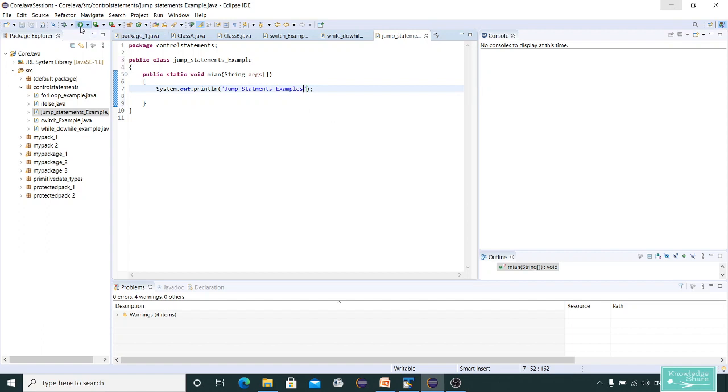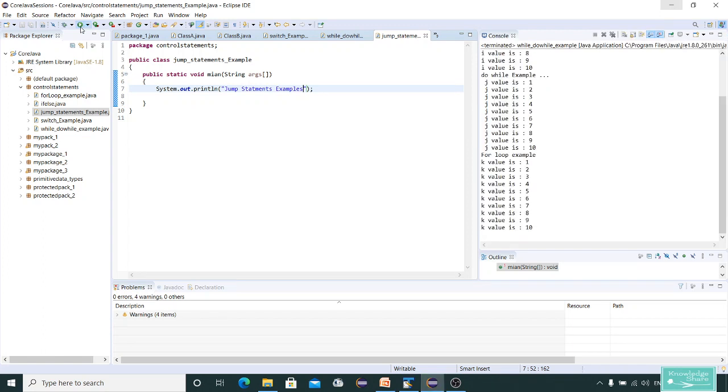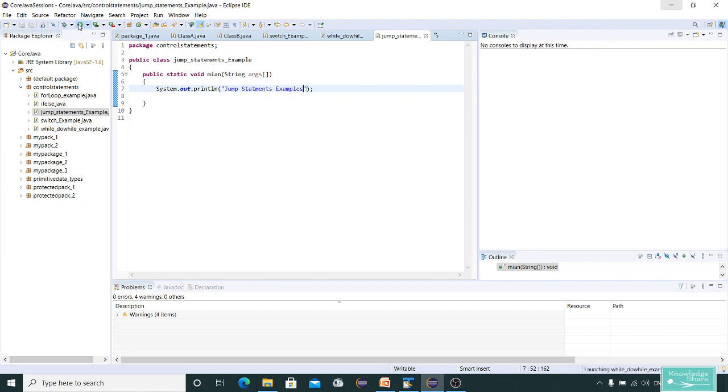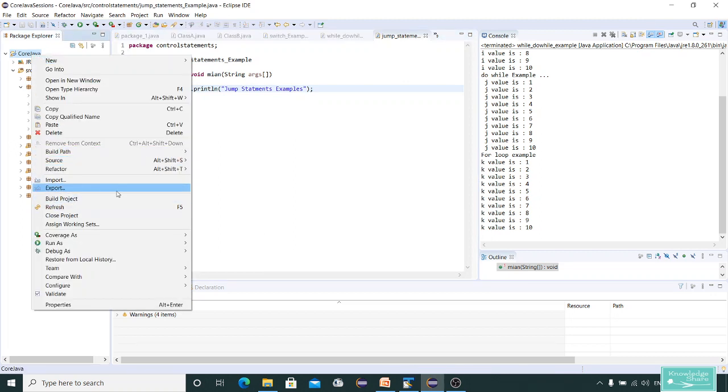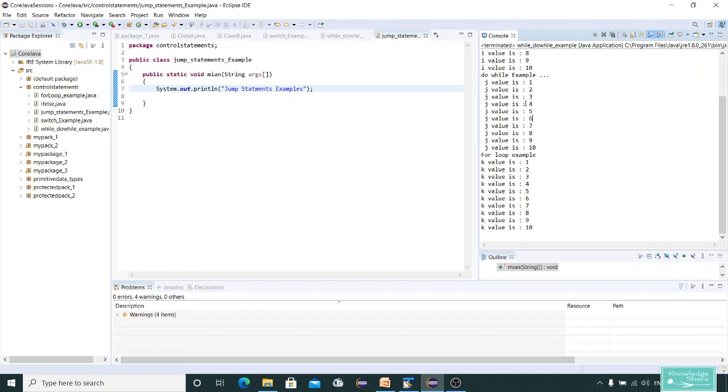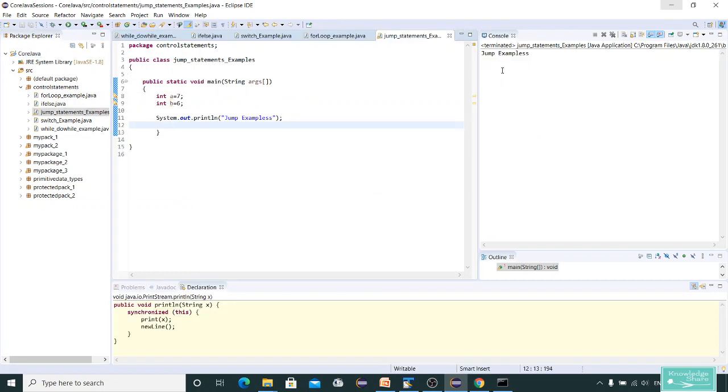Let me run this. Let me clean my project and refresh. Whenever you see the class is not created, or you are getting old outputs, just do a project clean and a refresh. I have printed jump examples.